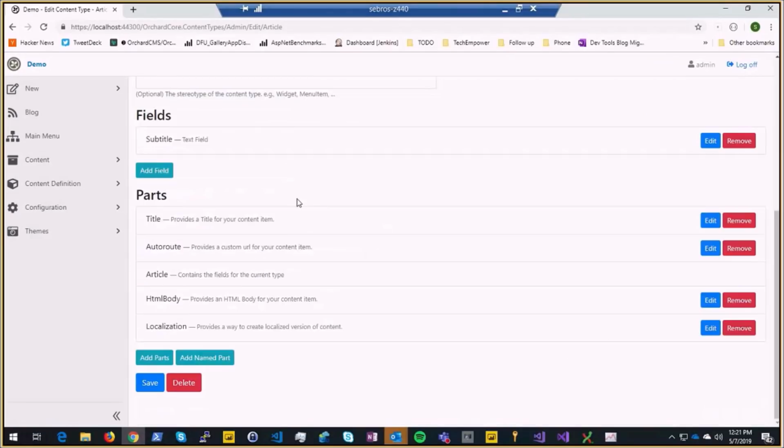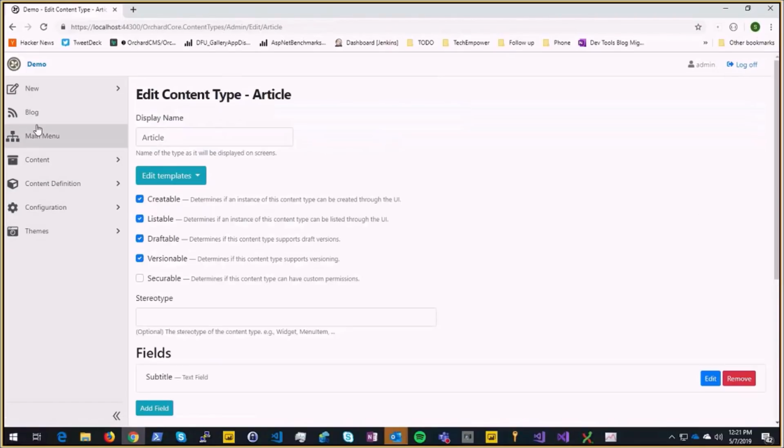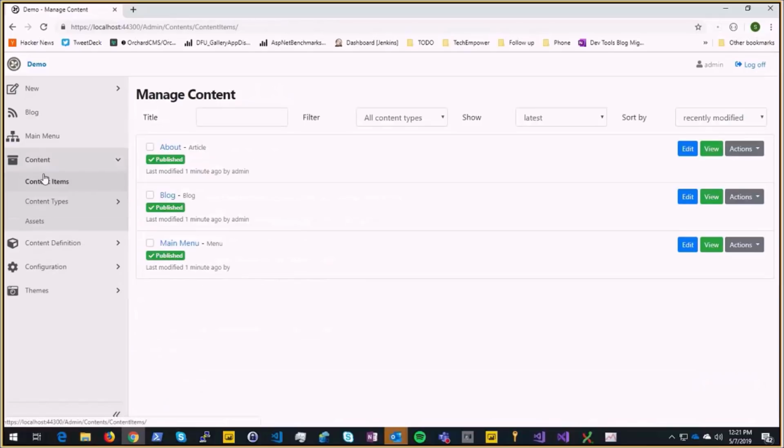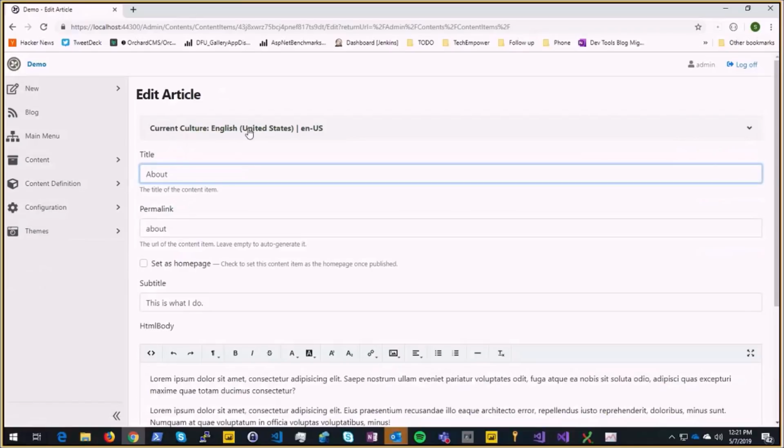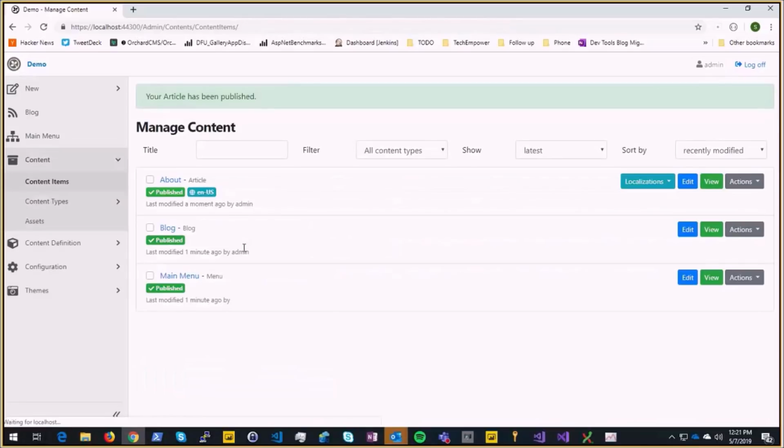So I added the localization part. I don't think there is any setting inside that. Nope. But now if I go on content items and we go on the about content item, it has never been localized. So the first thing we'll need to do is to save it. So it will say this is the current culture, which is the default one because it has no localization. And if I publish it or save it, then it will have